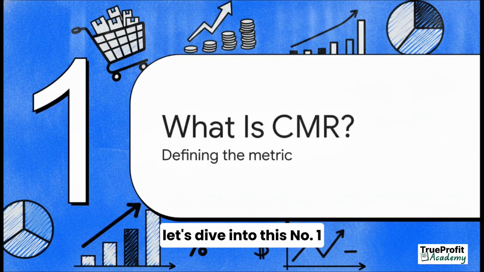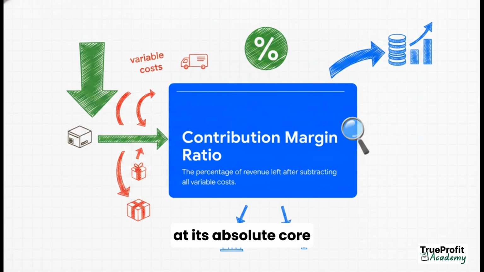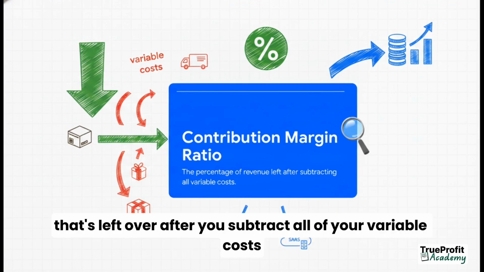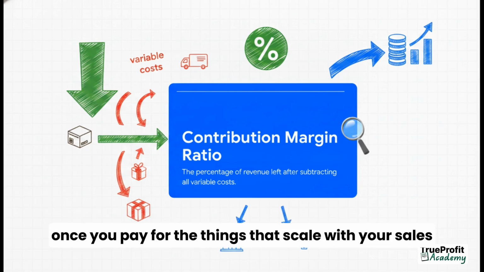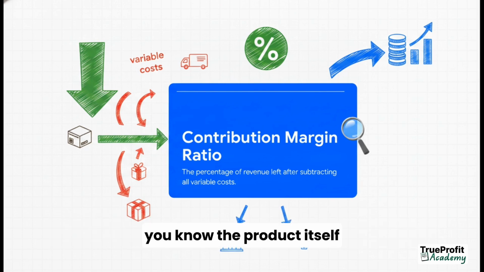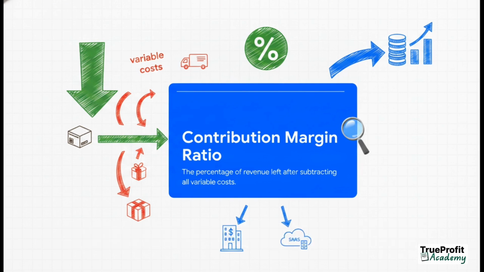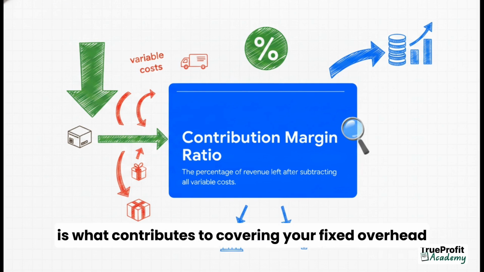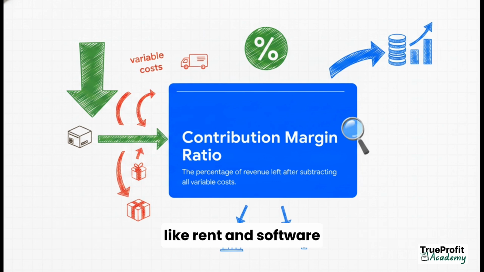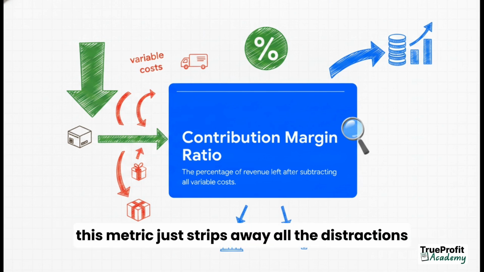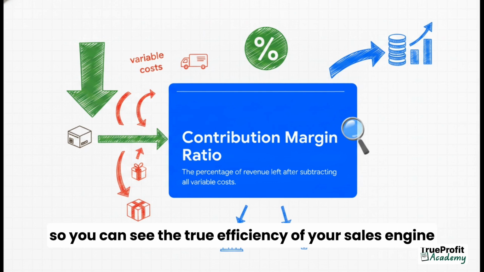Okay, let's dive into this. Number 1, what is CMR? At its absolute core, the contribution margin ratio is the percentage of your revenue that's left over after you subtract all of your variable costs. Once you pay for the things that scale with your sales, the product itself, the shipping, the packaging, what percentage of that dollar actually remains? That remaining chunk is what contributes to covering your fixed overhead, like rent and software, and eventually it's what builds your actual profit. This metric just strips away all the distractions so you can see the true efficiency of your